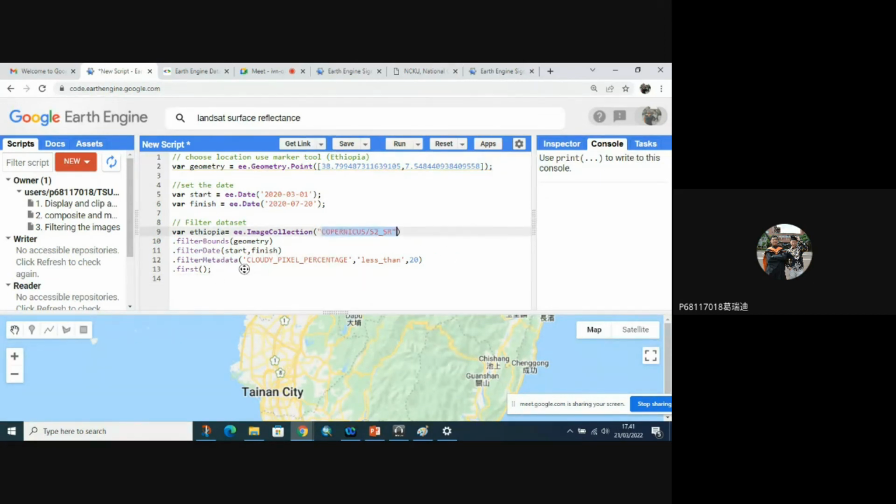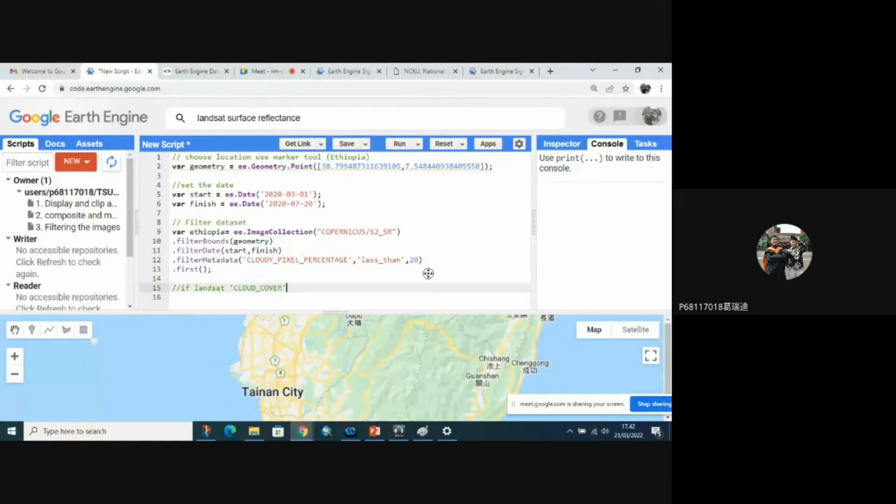Sentinel images. It's different than the Landsat. We use the cloudy pixel percentage. If Landsat, they use cloud cover.